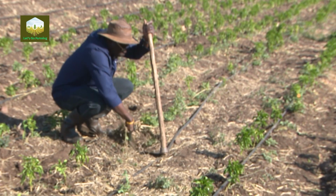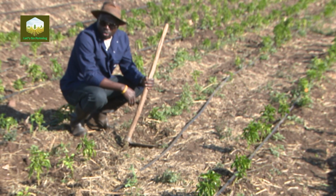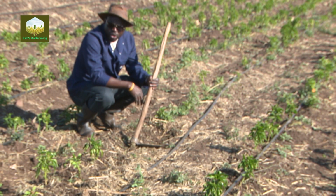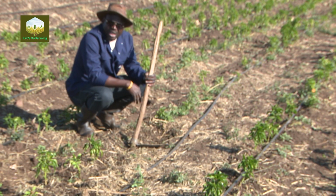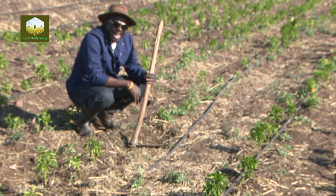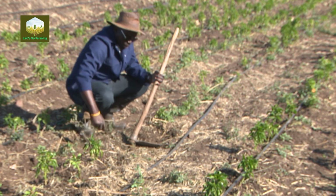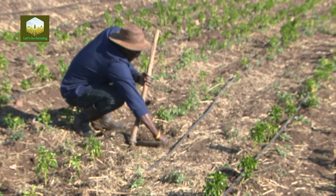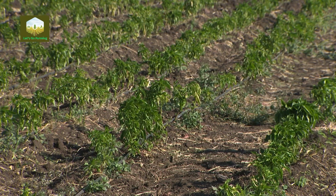are sucking up a lot of water. It means that you will be required to water your plants a lot more than necessary, because you would be feeding many plants, including weeds. And one of the characteristics of weeds is that it grows faster than the desired plant. So we have to make sure that the application of water is right. But if you have too many weeds, it means that your plant will not have lots of